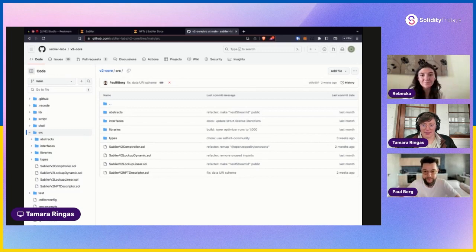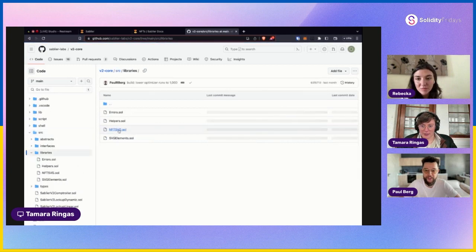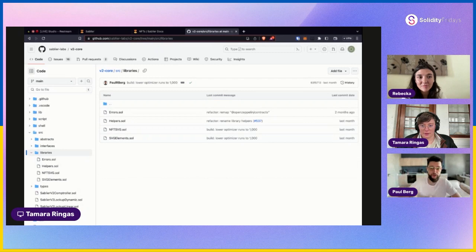Awesome. And what libraries have you got going on here? Actually, those are just local libraries. I see. The big library used in V2 is PRB Math, which is external. That's in lib if you want to have a look. Here you only have a couple of helpers. Those helpers are basically just